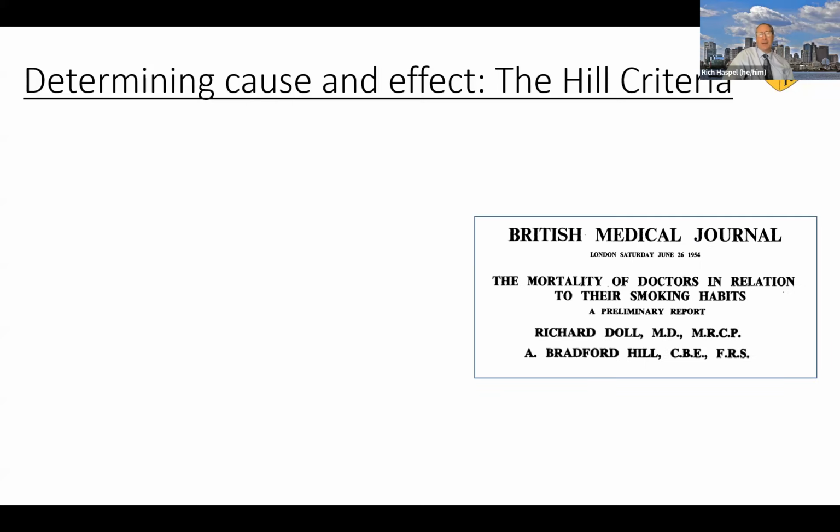So Hill was one of the statisticians who worked on one of the initial studies showing smoking causes lung cancer. And it was actually in doctors, which is fairly amusing. But he said, this was an observational study. How do I know it's truly cause and effect? What are the things I can look at to really make that connection? And you guys listed them, but these are things to look at, especially in observational studies, to see if there is a connection.